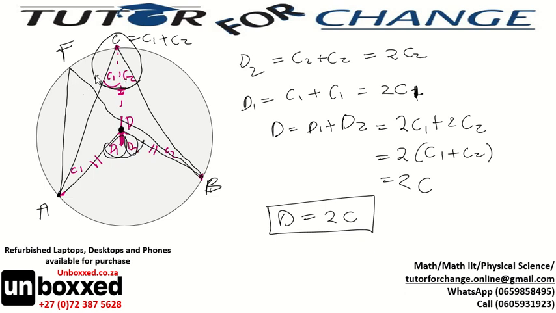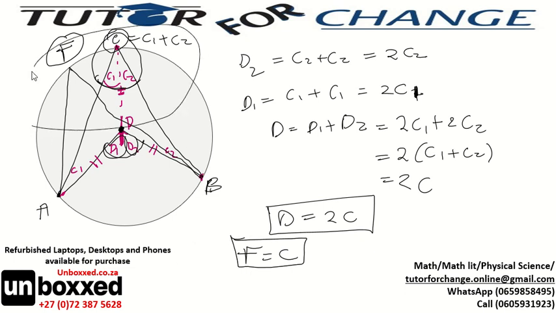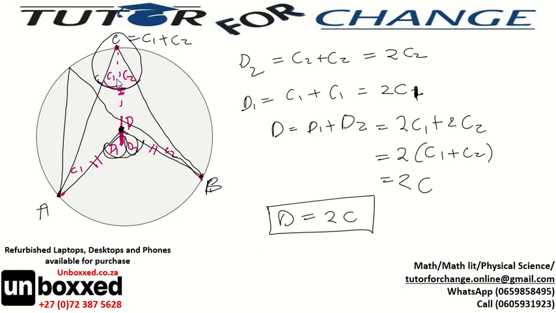So at the end of the day, if we are applying the same thing and we get the same result, f is equal to c can be proven, that angles in the same segment are equal provided they are subtended by the same chord. We are using the same theorem, that the angle at the center is twice the angle at the circumference, to prove that angles in the same segment are equal. So that is very, very interesting. So guys,